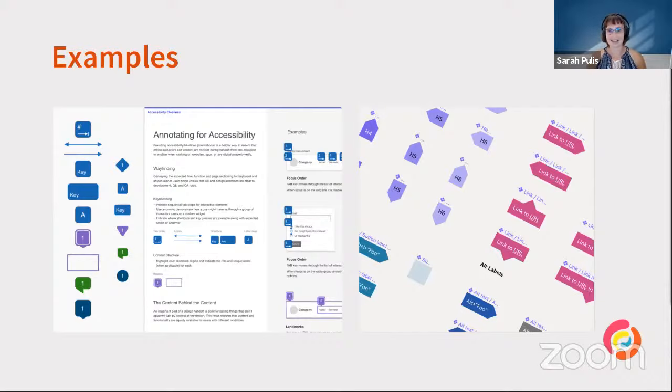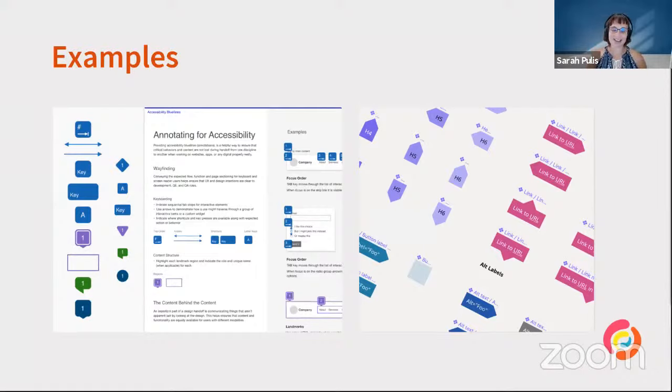You'll find some kits have lots and lots of different annotations, but in working with designers and using annotations, we know that sometimes designers are time poor. So it's how much information do you want to include? As well as that, if you have a lot of annotations, it often creates a lot of visual clutter. Now, Claire's going to talk about clever ways that we can turn on and off annotations using Figma as an example, but we still wanted to make sure that there was not annotation overload.